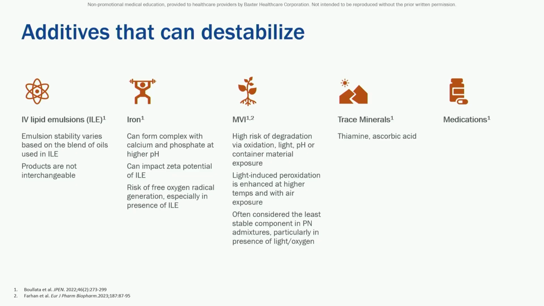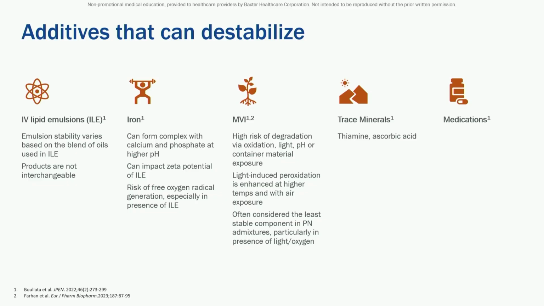There are a bunch of different additives, like we talked about, that you can add to a PN that can destabilize it. Intralipid or IV lipid emulsions are one of the big ones. It really depends on the blend of oils used in the IV lipid emulsion itself as to what your compatibility looks like. Iron, another problem. We try not to add this to PN. It can be a risk, but